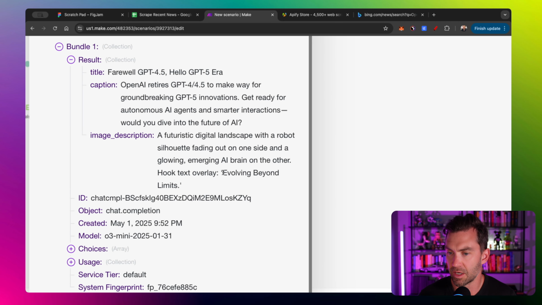So this gives us a nice hook that we wanted. So this could be text that we put on it. Again, change the prompt based on if you want a little longer, a little shorter. I actually don't really like the questions. I don't think I added that there's a question in there. So you might want to take the question out, and you would just refine it on what you want to